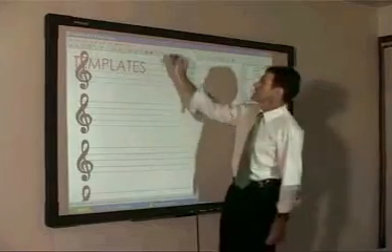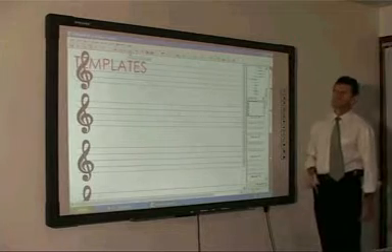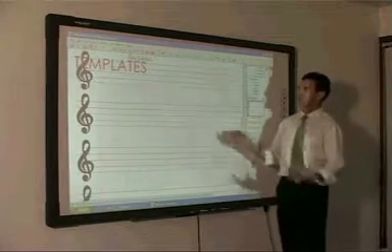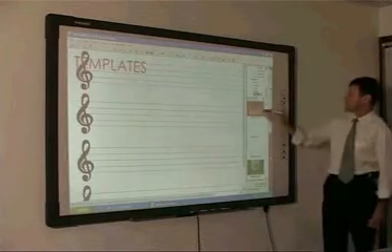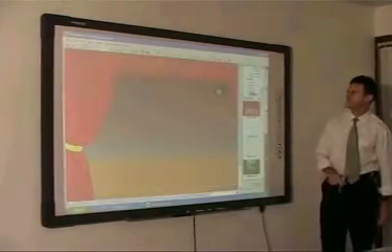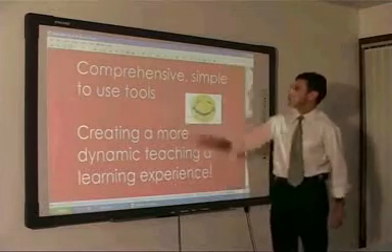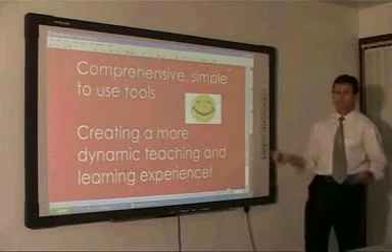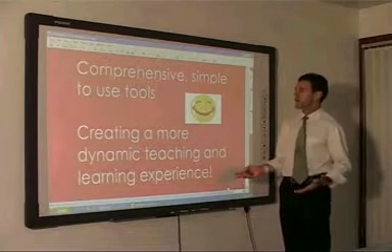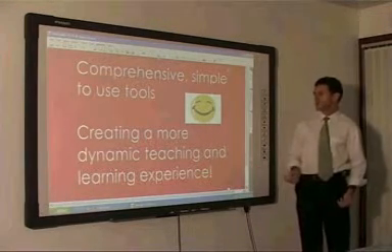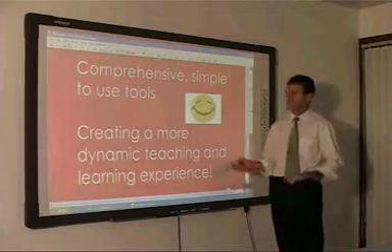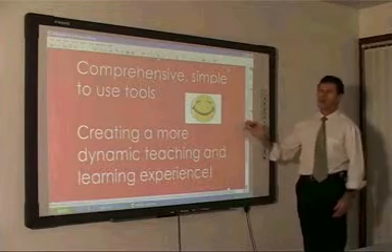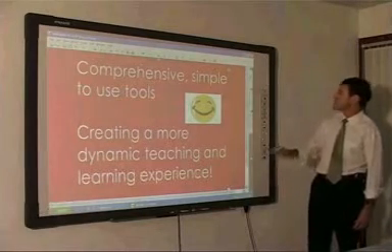What I'm going to do is do a quick playback using our screen playback feature, so you can see some of the templates that are available in here that come with the Ipboard. Very extensive range, even the drama people are catered for. The software that comes with the Ipboard is comprehensive, they're simple to use, there is a lot there. You can create a far more dynamic teaching and learning experience using the Ipboard software than with just your simple projector. There is an enormous amount of software and hardware that makes this very, very useful. Finally,